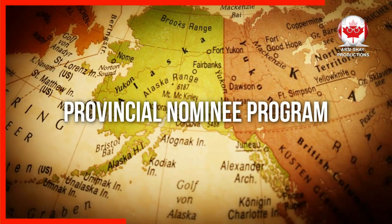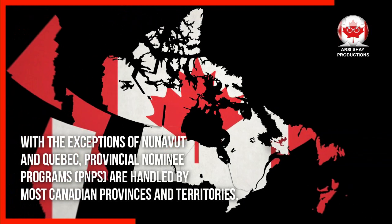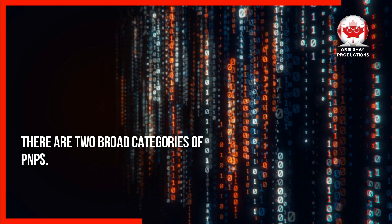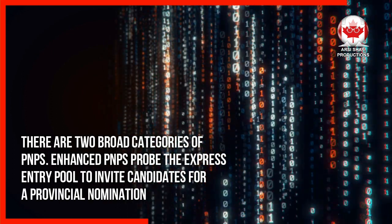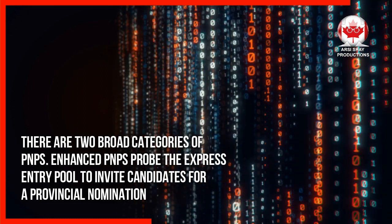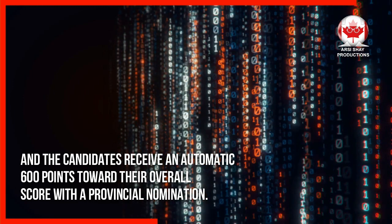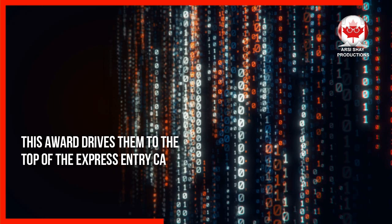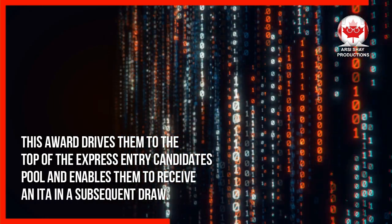Next, let's move on to the Provincial Nominee Program. With the exceptions of Nunavut and Quebec, provincial nominee programs are handled by most Canadian provinces and territories. There are 2 broad categories of PNPs. Enhanced PNPs probe the Express Entry pool to invite candidates for a provincial nomination, and the candidates receive an automatic 600 points toward their overall score with a provincial nomination. This award drives them to the top of the Express Entry candidates pool and enables them to receive an ITA